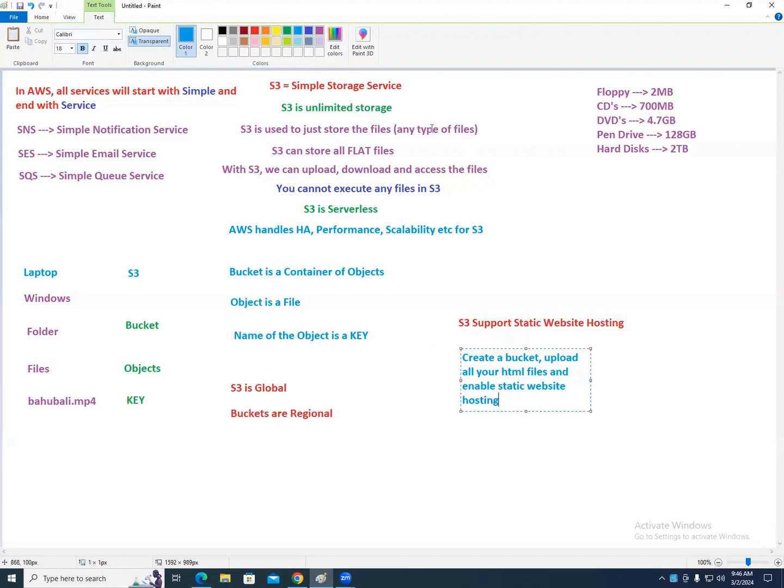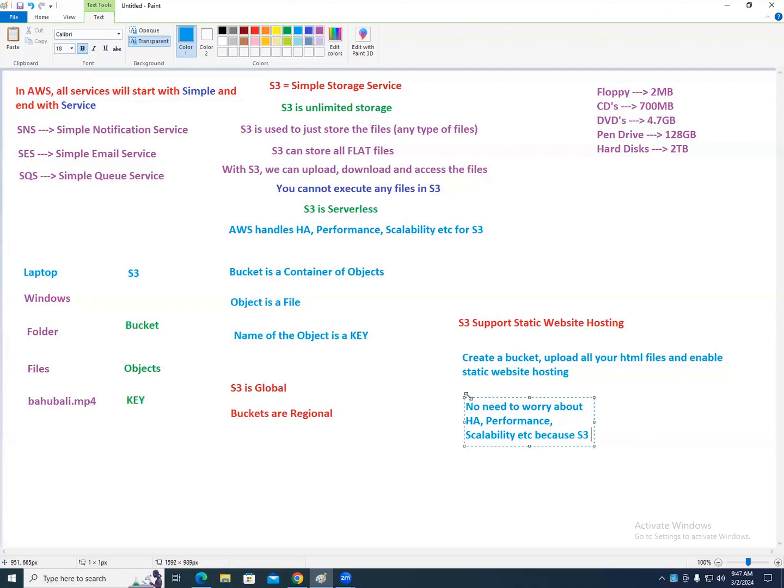That's it. So no need to worry about high availability, performance, scalability, etc. Because who handles it? S3 handles it. S3 meaning AWS.